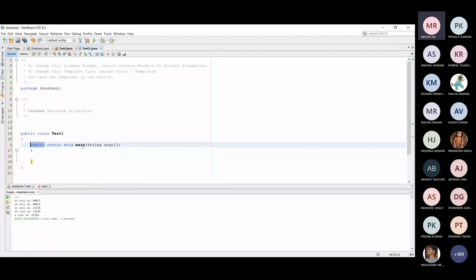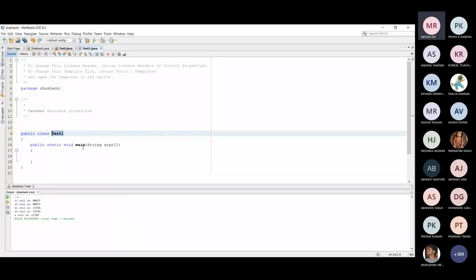But I earlier told you that in order to access any functionality or method of a class, we need to create an object of that class. Here, though, the program is executed from the main method, and we need to call the main method without creating an object.